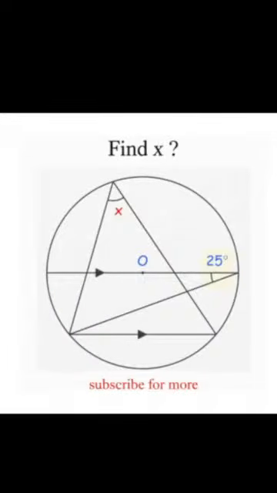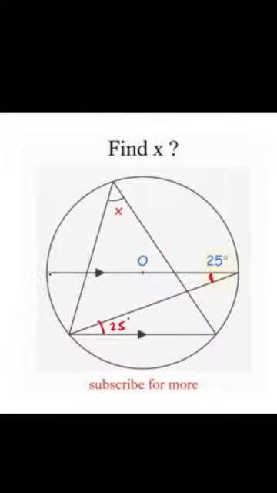40, 40, 40. Yes. Alright guys, 40 is the right answer. You guys have done a phenomenal job. Let's see how we are getting 40. Now this is 25, we know. And these lines are parallel. If these lines are parallel, then this is also going to be 25. This is going to be the alternate interior angle property, right? So this is 25. Then this arc is going to be